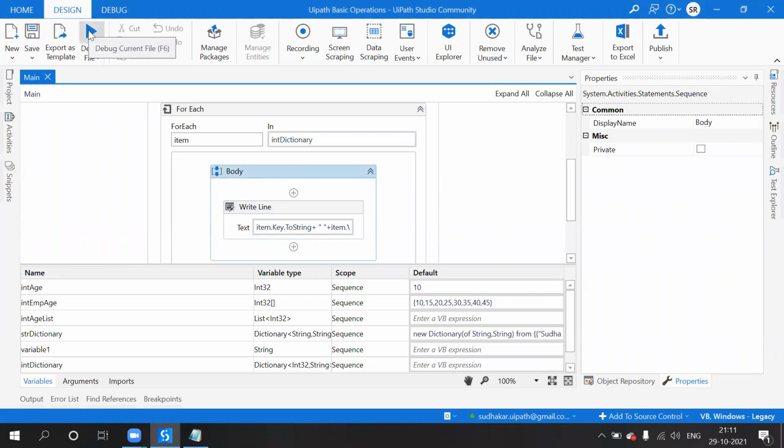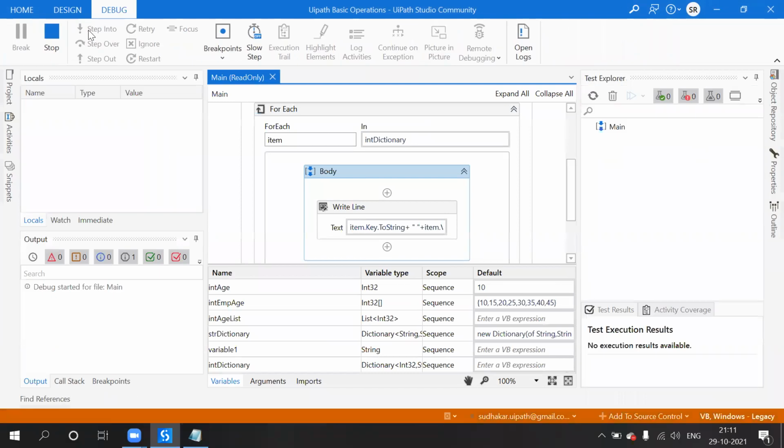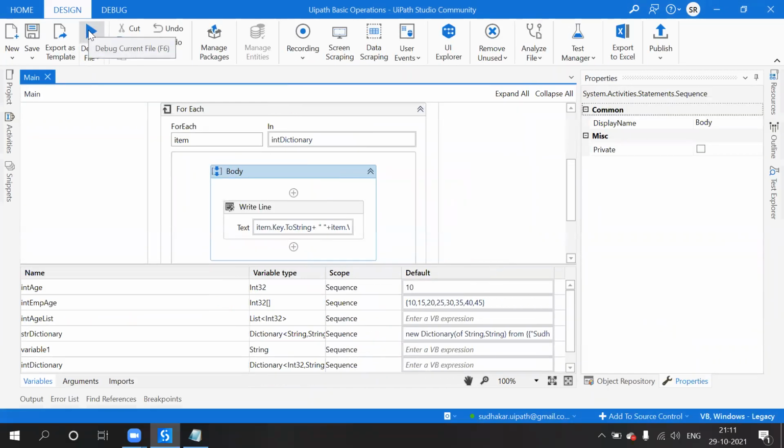Okay, just select this. So we'll see what the output is.